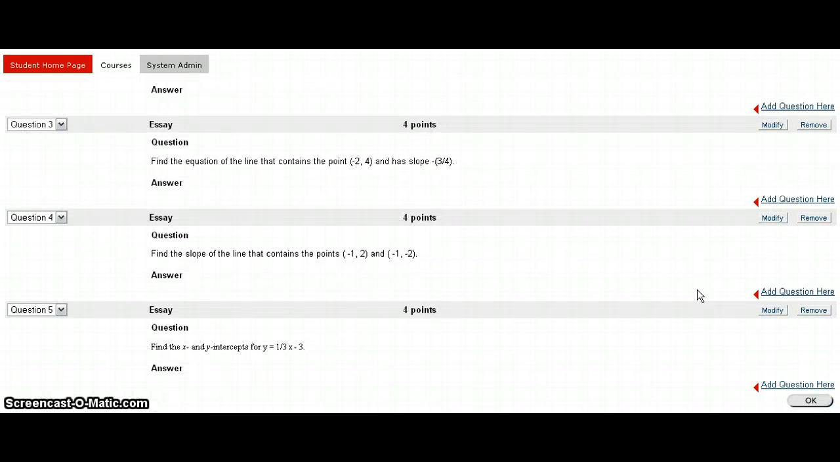I've worked on a few of these questions already, but one indication that there's some coding going on is if you look through these questions, you'll see that question 5 looks a little different. It's in a different font, a smaller font than some of these others. So I'm going to click Modify,